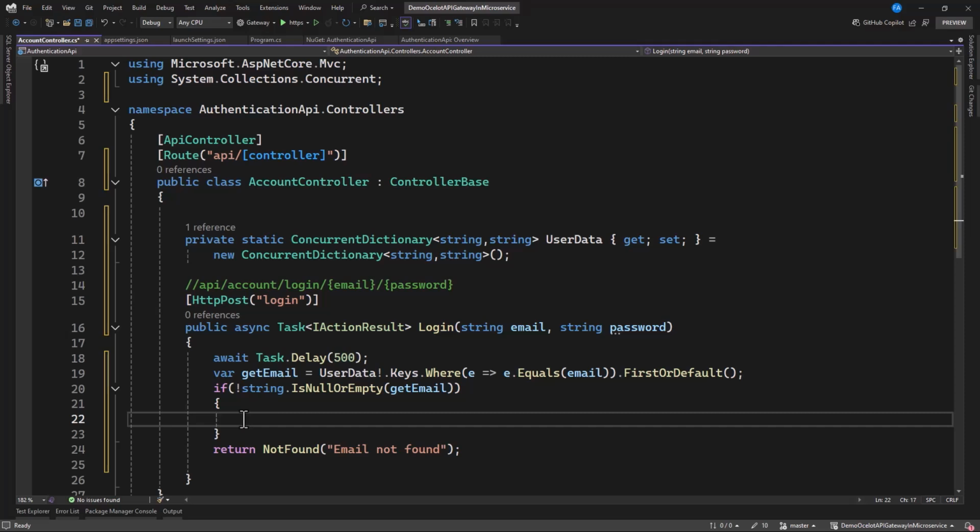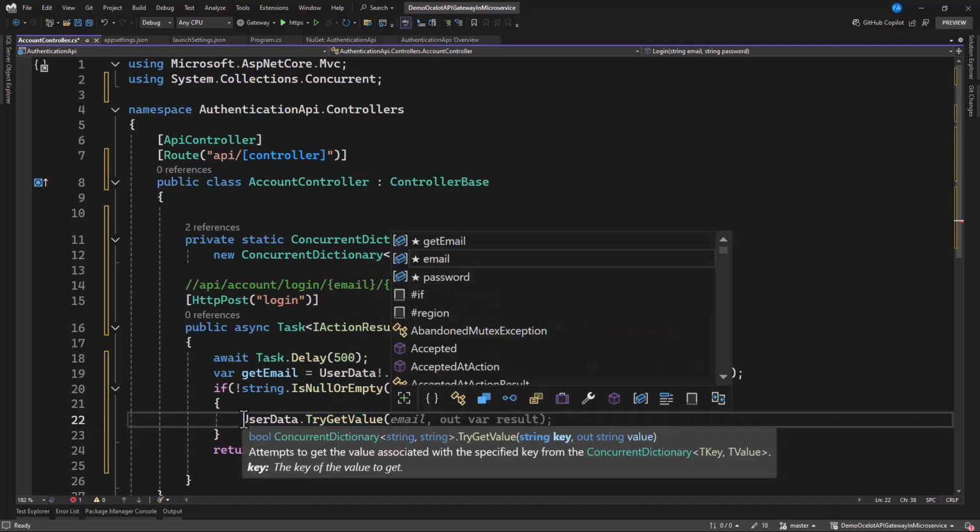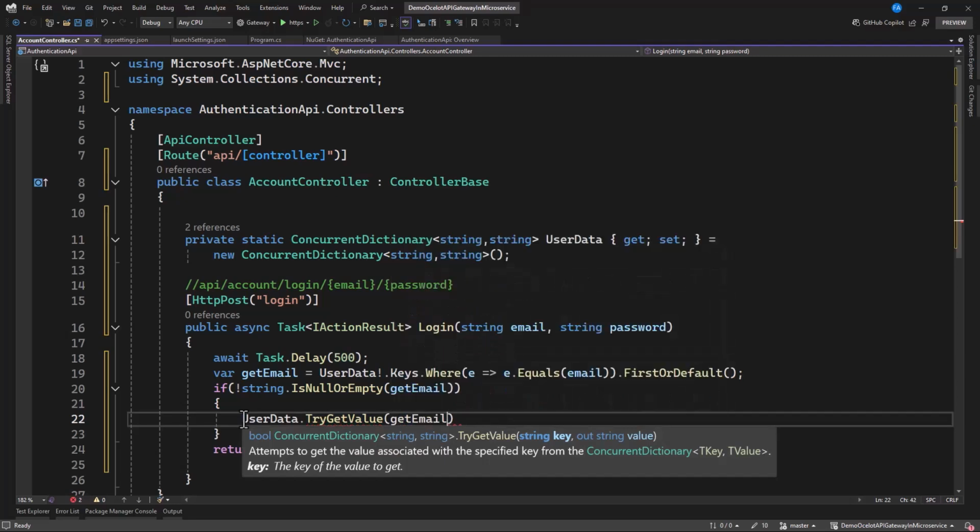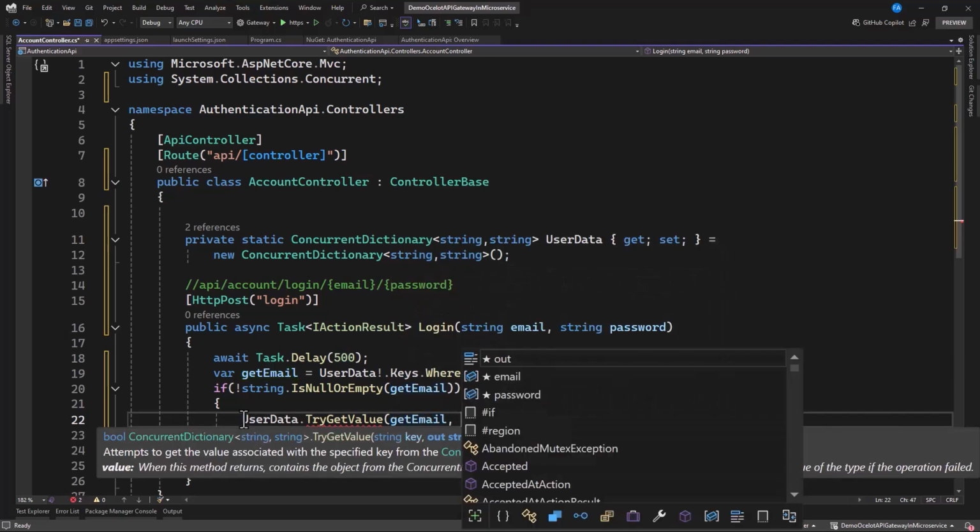So how are you going to do it? We're going to use this user data. Since it's a dictionary, we can grab it and compare it straight away, and move on. So we can use TryGetValue, and on this TryGetValue, we want to specify the get email that is coming as a key, and now we're going to have an out variable.